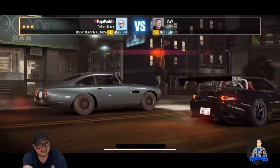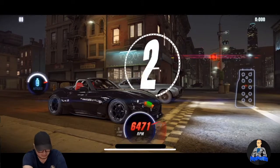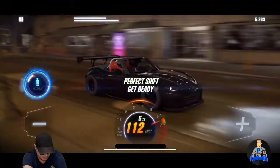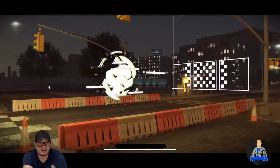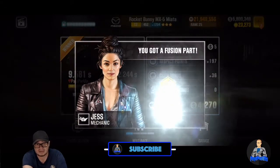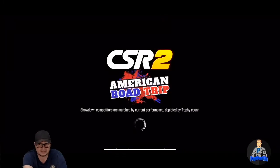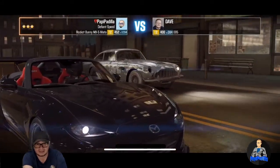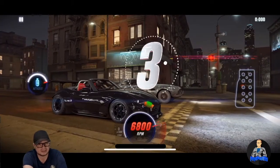And this car is cool, man. That Rocket Bunny body kit is so dope. So some people may think that the Rocket, hold on. So for people that don't play the game too often, this one is for them: the Rocket Bunny isn't specific to the Mazda Miata. The Rocket Bunny is a body kit. It's a wide body kit, and they call it Rocket Bunny, and supposedly it's super hard to install these things, that you have to get a professional to do it, because if you do it the wrong way,